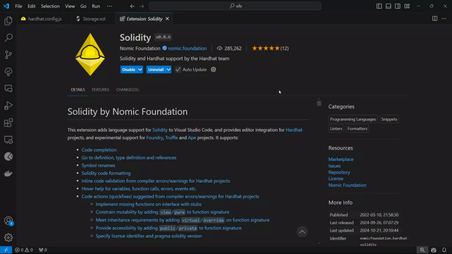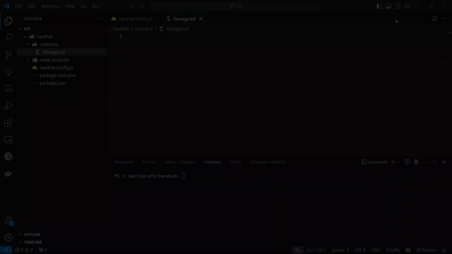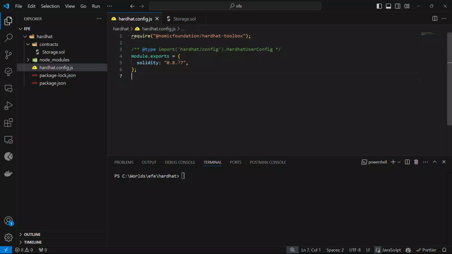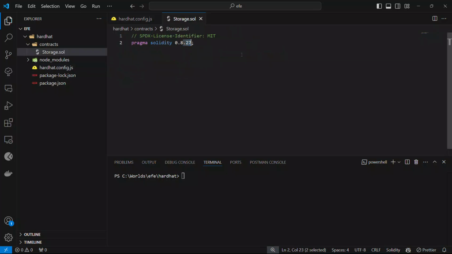One thing, before writing the code, if you want to have the code formatting or IntelliSense for Solidity, install this VS Code extension from Nomic Foundation, the same people who built Hardhat. Okay, we'll start with our license and version of the Solidity language we are going to use. Just make sure the version we use here is the same as the one we have in the Hardhat config